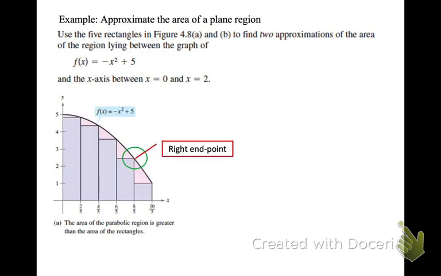So my width is 2/5. This is 2/5. This is 2/5. This is 2/5. This is 2/5. And this is 2/5. Everyone understand that? Like my width is 2/5, correct? Is my width changing? No. Is my height changing? Yes. So we are going to find the sum